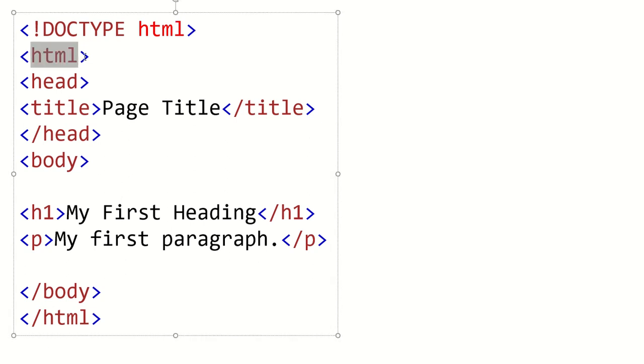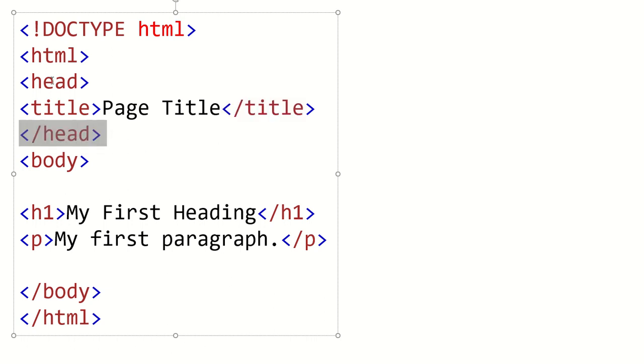Then the HTML start tag, then the head start tag, and then the title start tag. And we are giving one title which is the page title, or you can write anything, welcome or login form or whatever, depending on the project. This indicates closing of the title, that is this one,